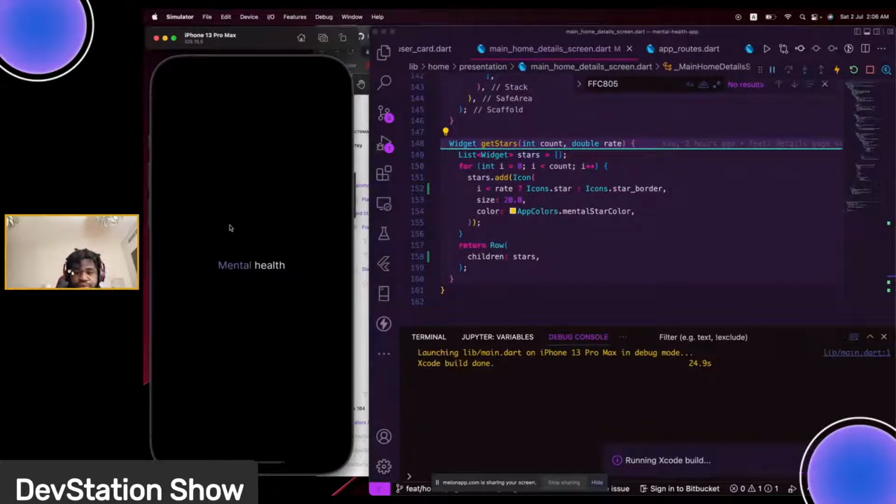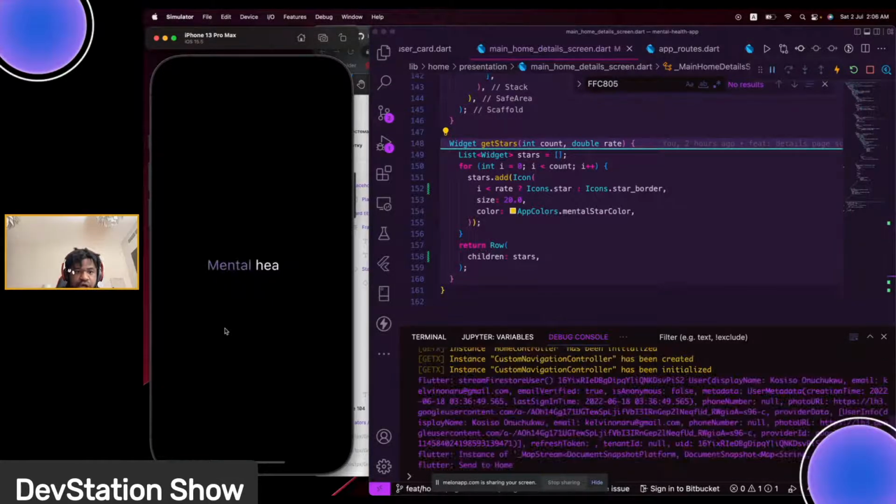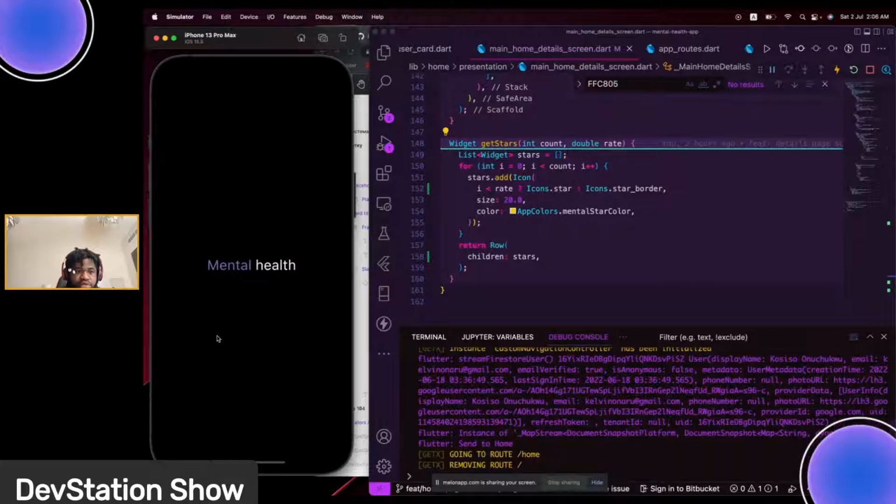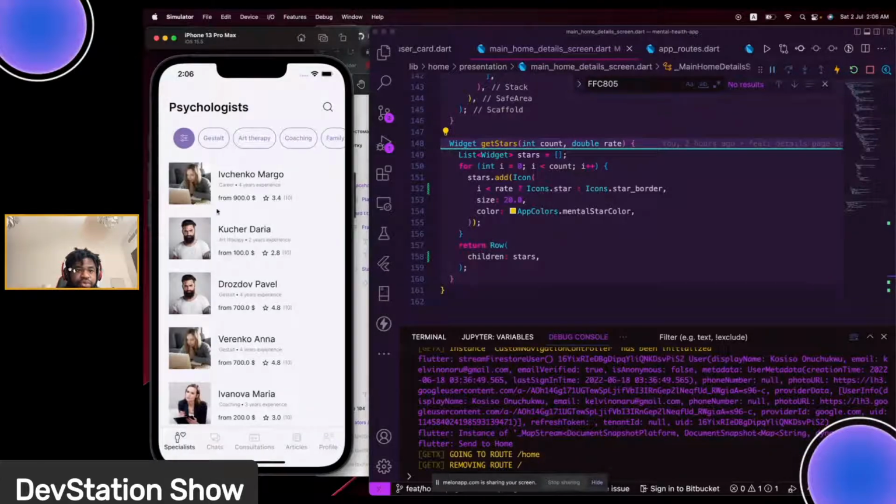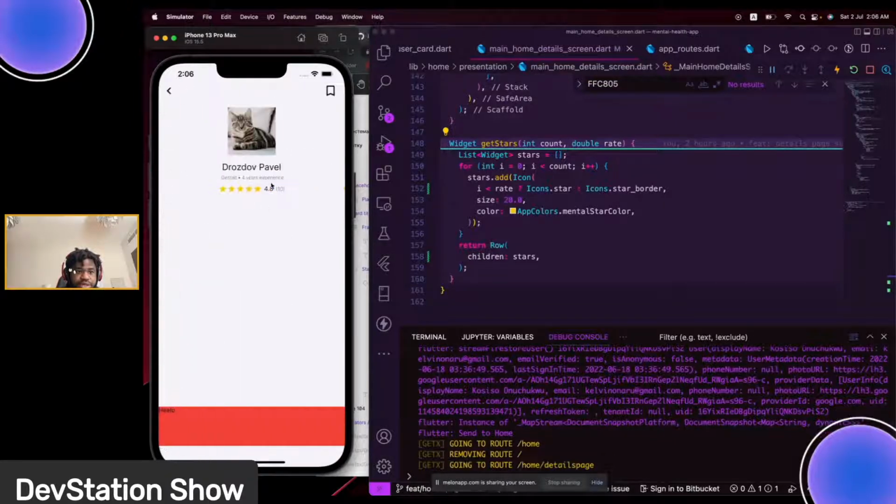Okay, and there we go. So it's basically done launching the app. We are waiting for the welcome screen to animate there. So the animation is done for the welcome screen. So you can tap on any of this, tap on this. We are taken to the details screen, and